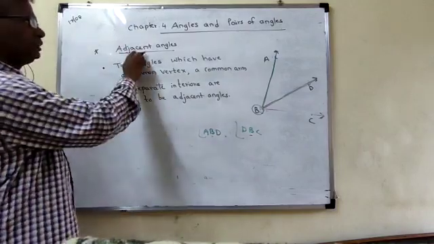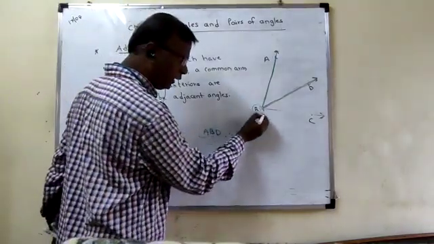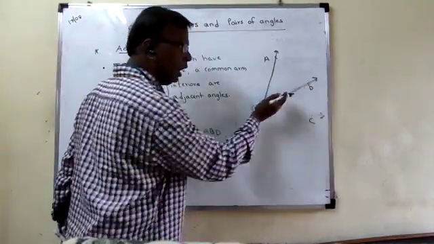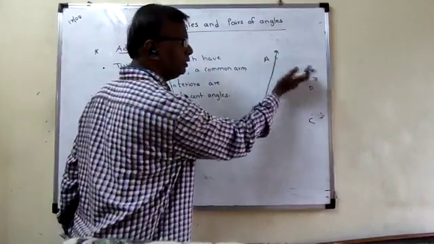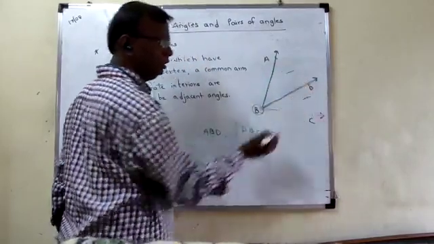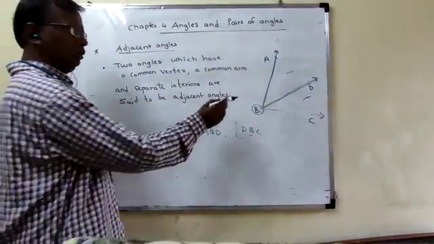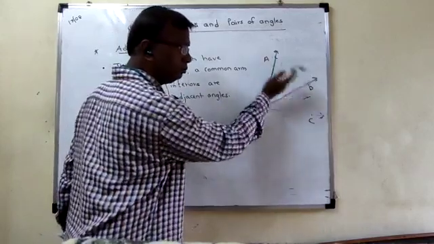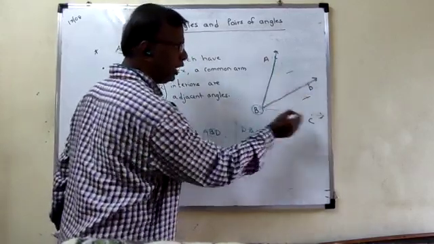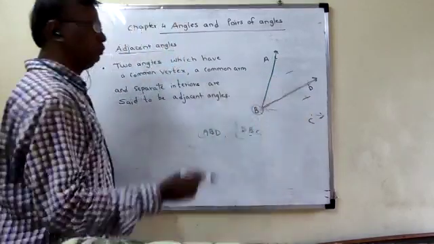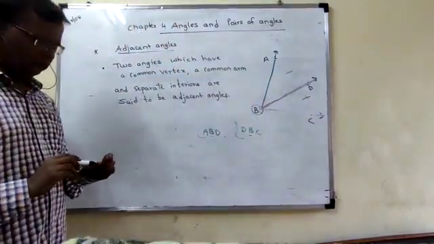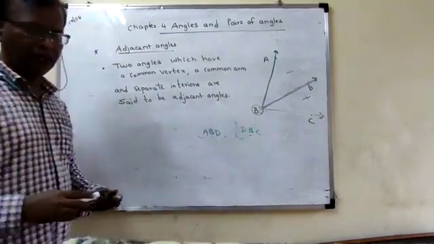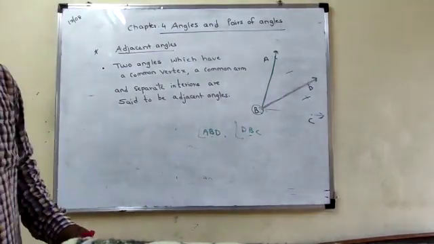Once again, what are adjacent angles? They should have a common vertex. The angles should have a common arm, and the interiors of both angles should be separate. This angle is different, this angle is different. Once again, there should be a common vertex, a common arm for both angles, and separate interiors. Therefore, they are called adjacent angles. Write this definition and draw the diagram with the help of a scale and pencil. Now come to the question.